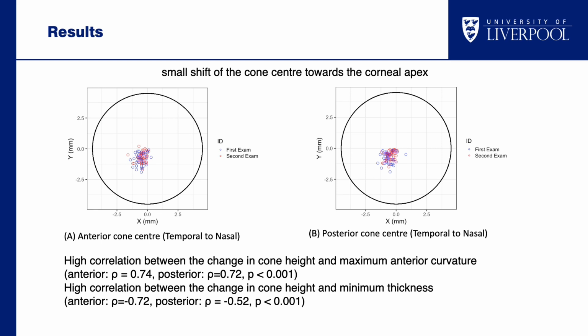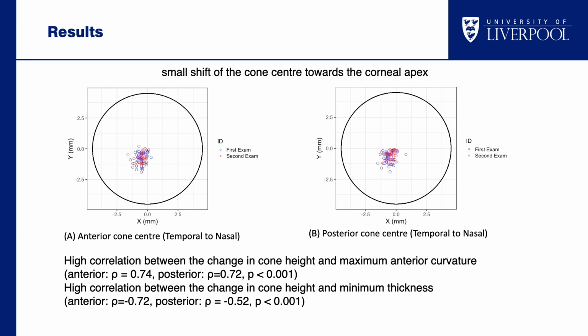Our findings also suggest a small shift of the cone center towards the corneal apex. On these figures, you can see that the blue dots are indicating the location of the cone center on the first examination, and the red dots are indicating the location of the cone center on the follow-up examination. And both on the anterior and posterior surface, we can see that red dots are shifted more towards the corneal